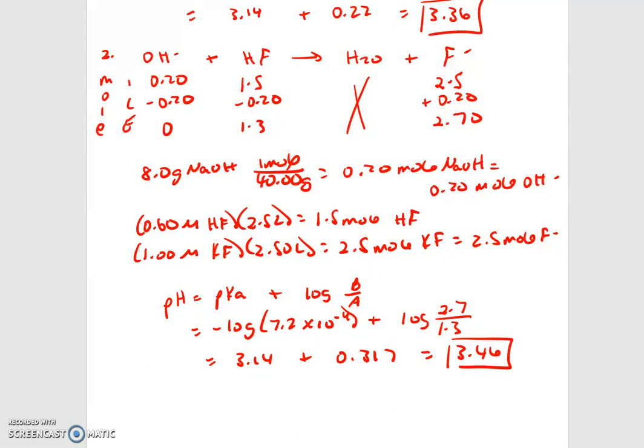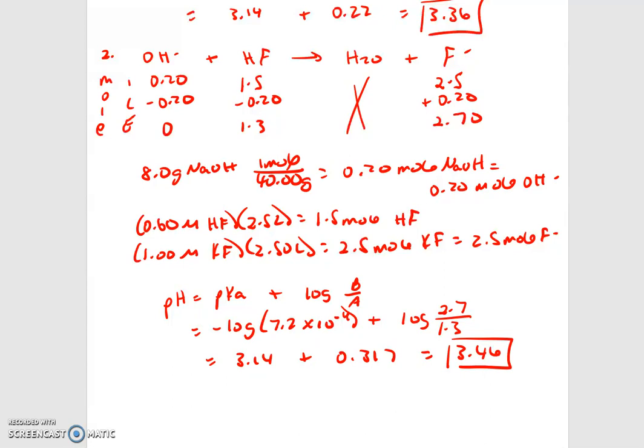I can use my Henderson-Hasselbalch equation to calculate my pH. So pH equals my pKa plus the log of my base over my acid. So I'm going to get 3.46 for my pH. And notice that that makes sense because I added a strong base to my buffer solution. I would expect my pH to go up, even though it only goes up a little bit because I'm still